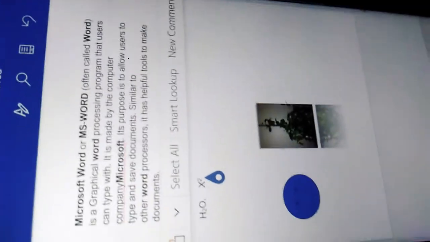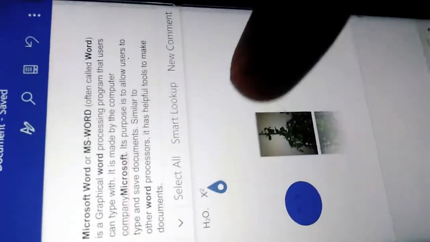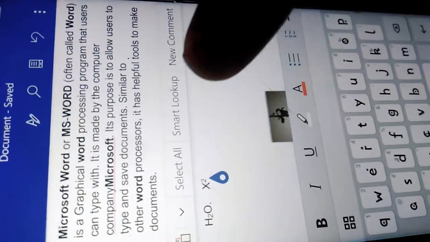How it is done? Now children, you can see this is the Word document. Here you have written H2O.